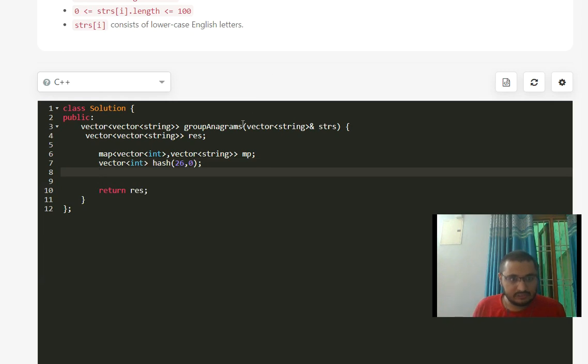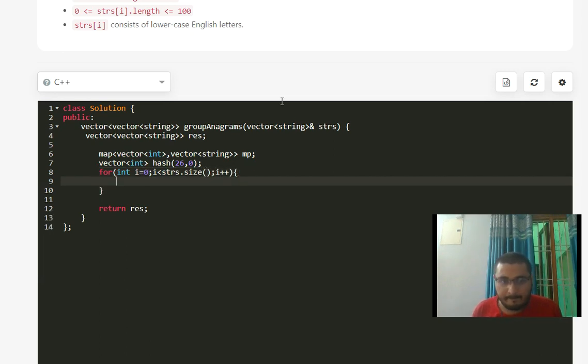Now let us traverse every string. One by one we will see all the strings. This loop is used to traverse through the complete strs vector.